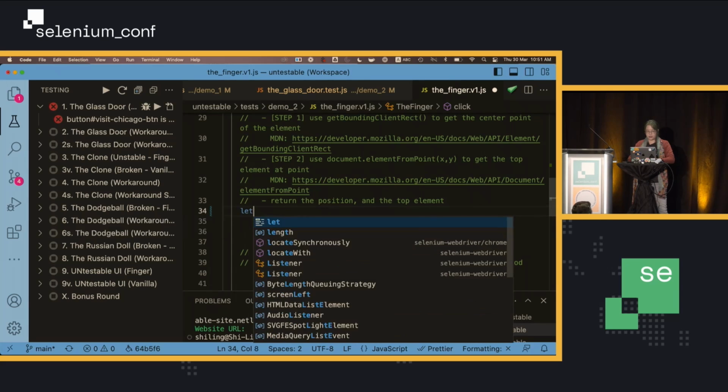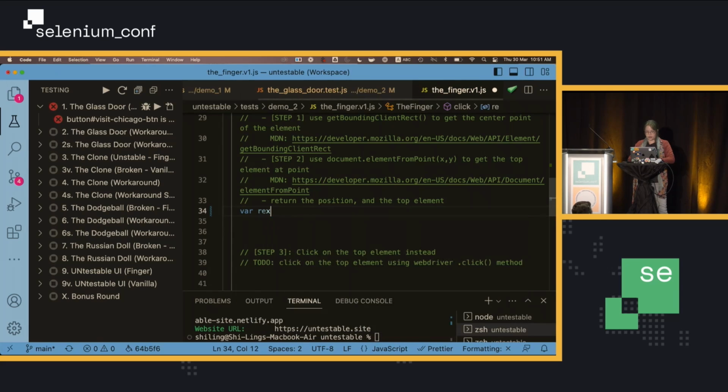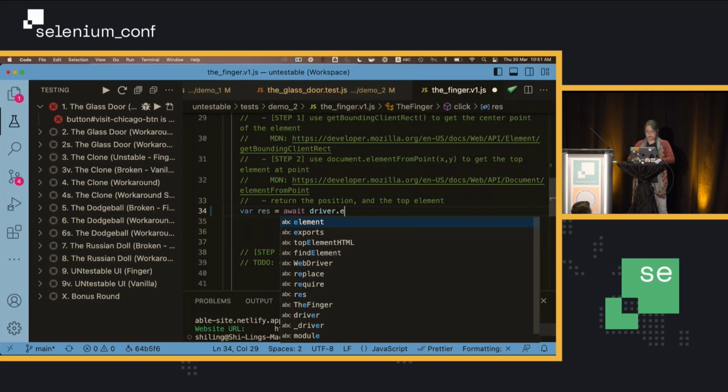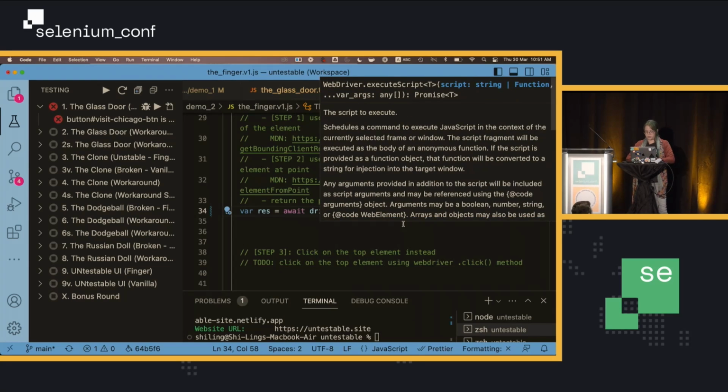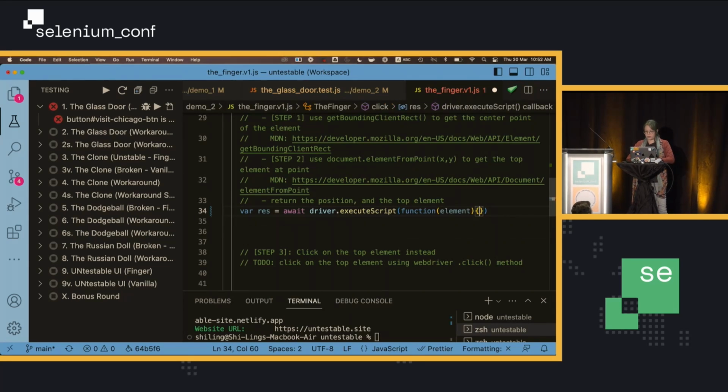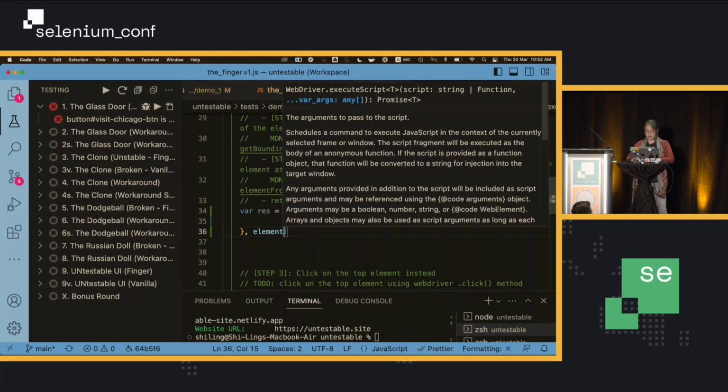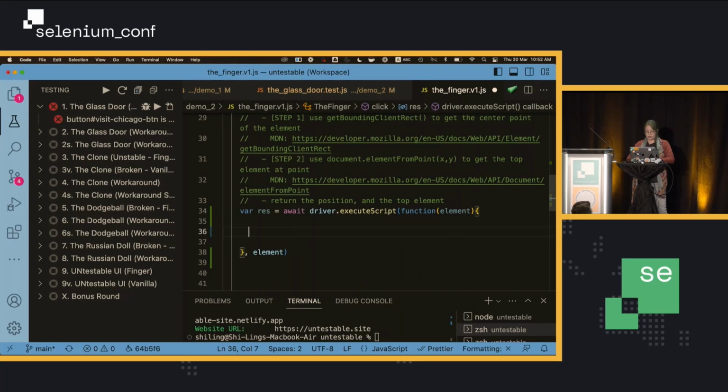So let me do press equals await, and we're going to send a script over, execute script. I'll pass in the element, and first thing first, we are going to ask what is the bounding box rectangle for this element that we have passed in.